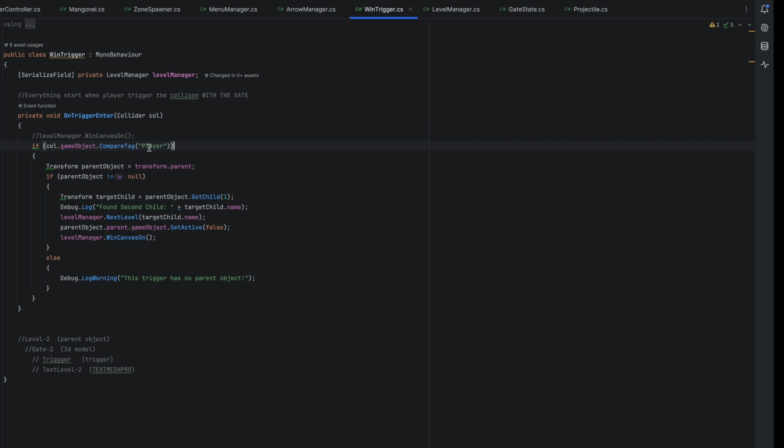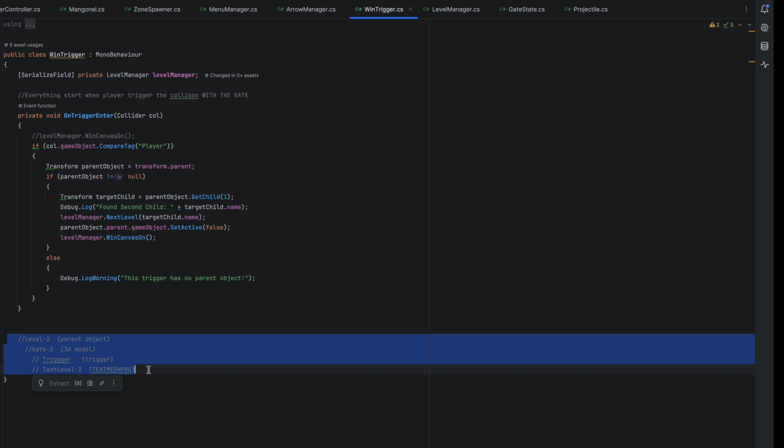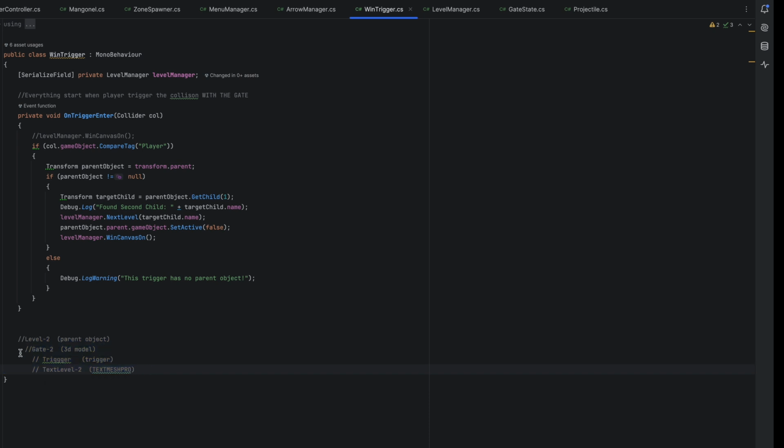So when the player enters the collision, we check if it is the player, not another object. Then, if it's the player, we take the parent transform. Like I showed you before, there is the form in the tree. You have a parent empty object with the 3D model gates of the level. You have a trigger that holds the current script, and you have a text. So the parent of this script is this, the gate. So when we check the gate transform, we check if it is not null. If it is not null,